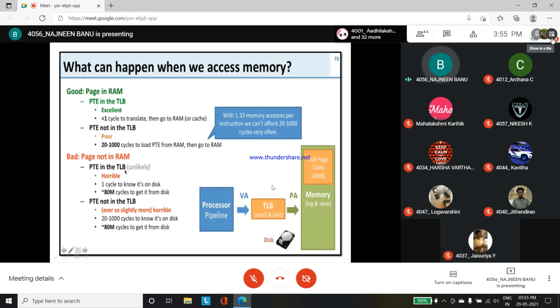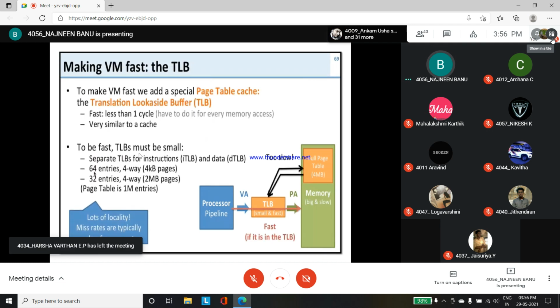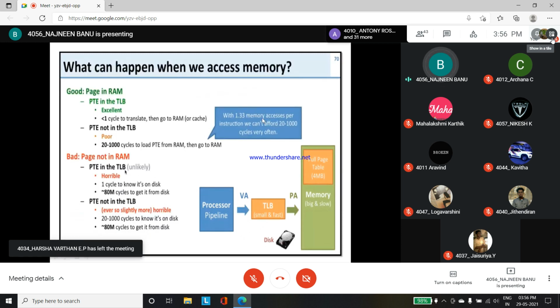Even if it is accessed properly, it is slow, and at least it takes 22,000 cycles, with 1.3 memory accesses per instruction. We can't afford these 22,000 cycles. It kills our performance, as I told you in the previous slide.